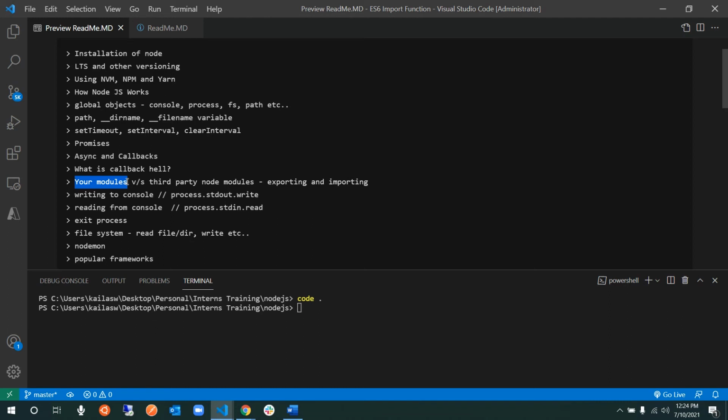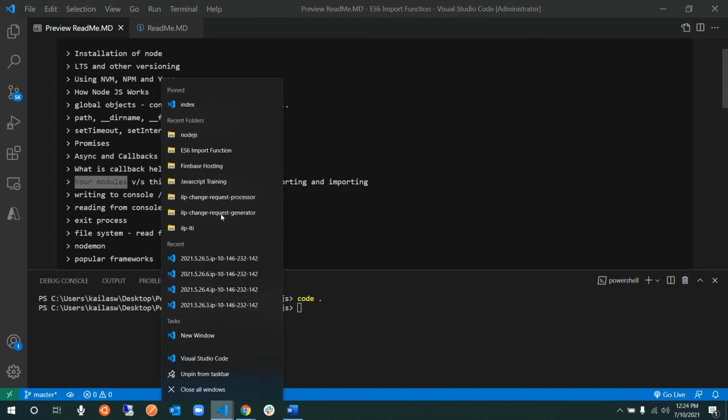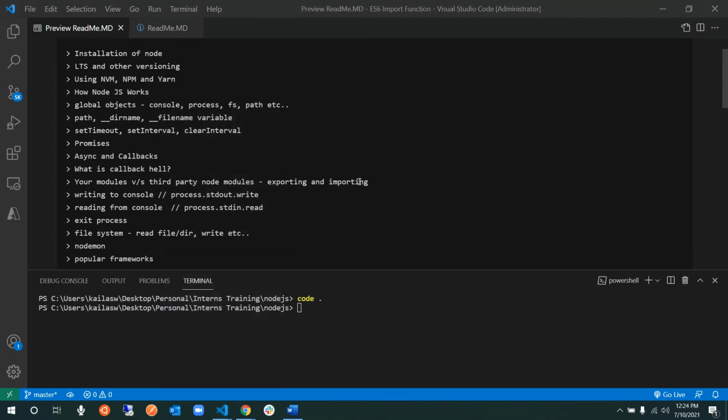So that's when you create your own function and then export them. Say for example you have an add function or multiplication function, you created them in the operator.js file, then you exported them and imported them and worked on them, right? You remember that example? Right, so that's about how you create your own modules and export and import.